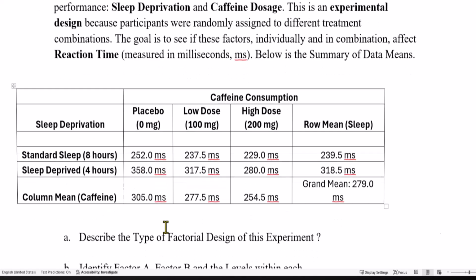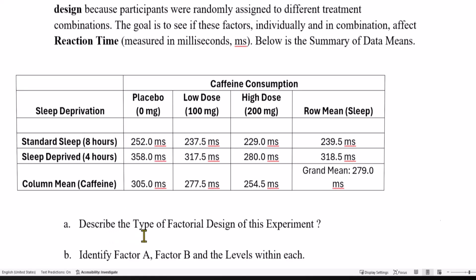So let's go through the question here. The first question says, describe the type of factorial design of this experiment. Now, in order to describe the factorial design, we have to consider the levels within each factor. So the first factor is sleep deprivation. Let's see how many levels we have within that. 2. One is the standard sleep of 8 hours and the other one is the sleep deprived condition, which is 4 hours of sleep. So there are 2 levels within factor A, and then we put the multiplication symbol, and